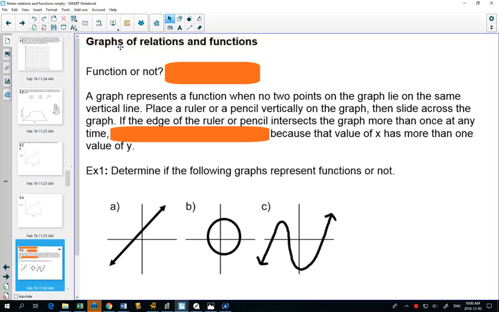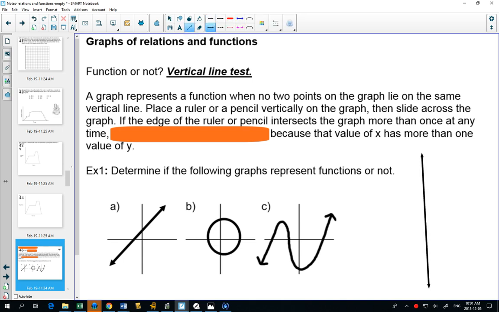We'll look some more at graphs of relations and functions, and the question we're going to look at is how can you tell from a graph whether something is a function or not? The definition of a function was that each x value had only one y value. As soon as an x value has more than one y value, it's not a function. So a way to tell whether a graph is a function or not is something called the vertical line test. Because if you draw a vertical line,